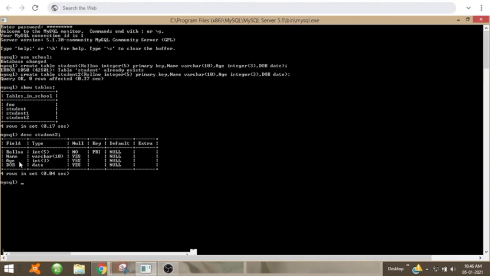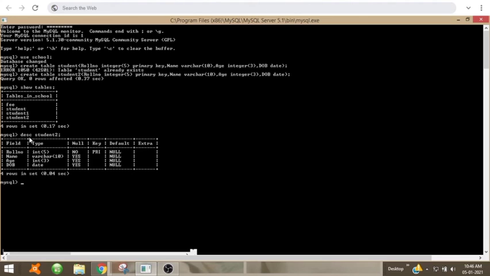Then again the next column, its data type, size is given in brackets, then allows null, then date of birth and its data type. So this is how we create a table, see which tables are in our database and what the structure of the table is.